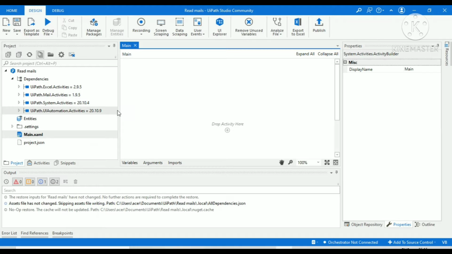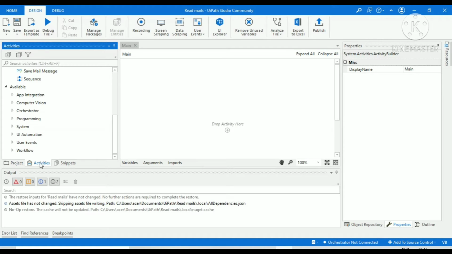Now I am searching for flowchart. In the activities panel there is a search button; go to search, and there is a flowchart.